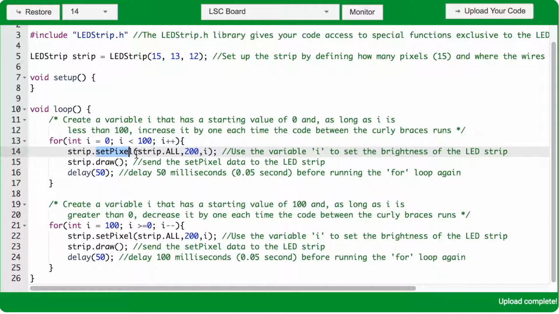Then the setPixel function will set the entire strip to a color value of 200 and a brightness of 99. Strip.draw will display those bright pixels, and a delay of 50 milliseconds will pause the entire strip lit up with a 99 brightness. When the for loop ends here, it will run I++, taking the I value from 99 to 100. 100 is not less than 100, so the condition is now false. Your program will skip the code between the curly braces of the for loop and continue down the void loop